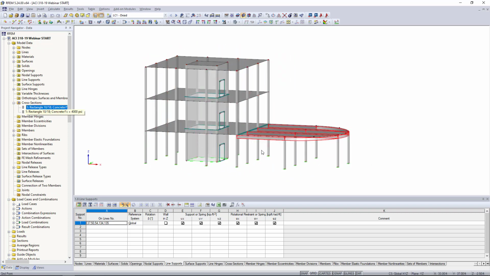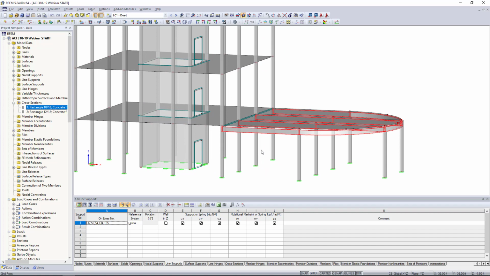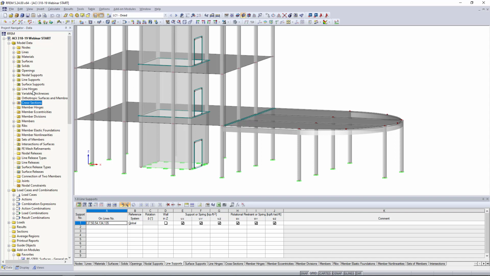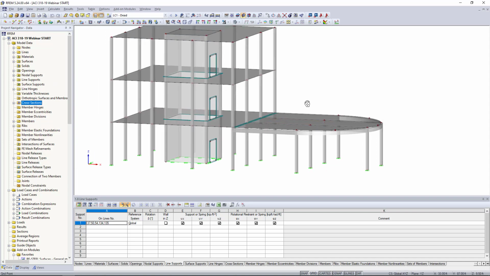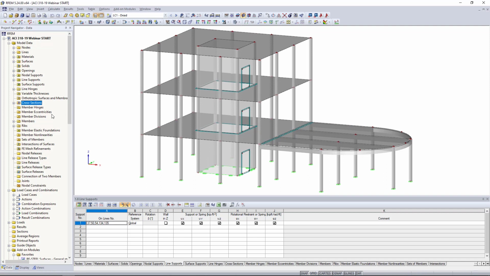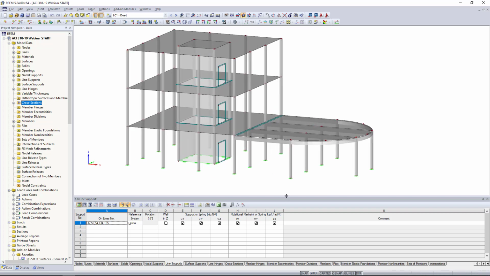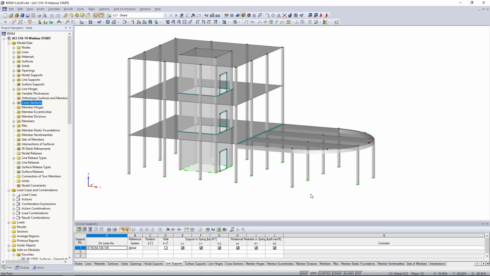We also have these rib members defined as 10 by 18 cross sections. So we can make additional changes here to our input data within the project navigator as we update this graphically. The project navigator in turn will also update. So just to cover a few of these items within the model that may be a little bit unique, let's